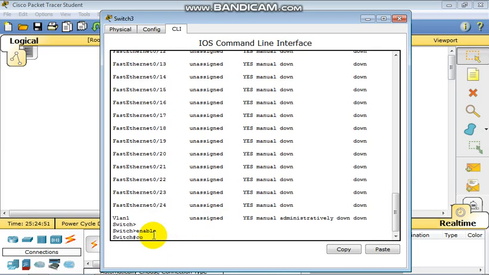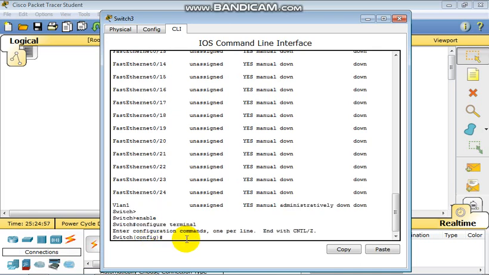So let's type configure and then terminal. Hit enter, and from here we can change our IP address. To do that, we type interface VLAN 1,